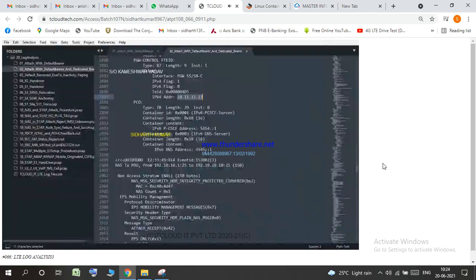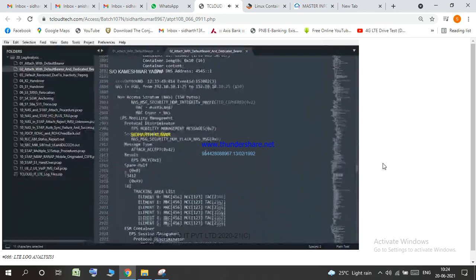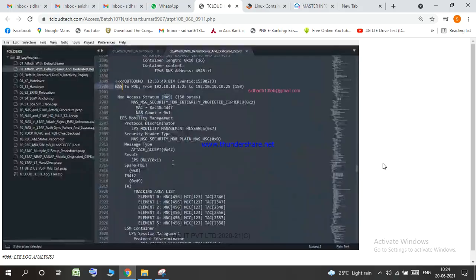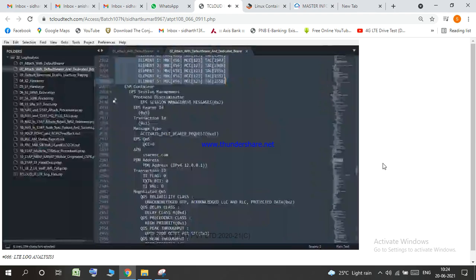So once we get the create session response, we know that control plane tunnels are created, user plane tunnels are created for the default bearer. So now we are preparing a NAS message, which is attach accept, containing the tracking area ID list where mobile is not required to do the tracking area update. These are the adjacent tracking area information, followed by